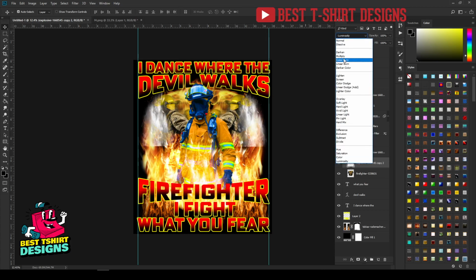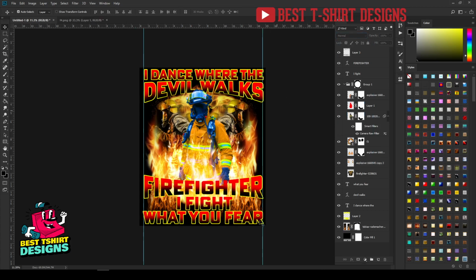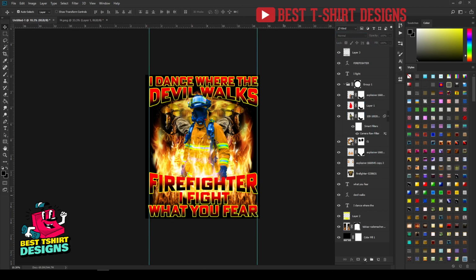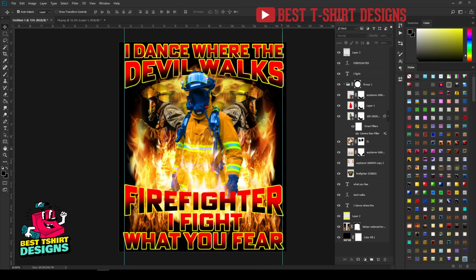Just don't worry, you can simply go with one darker option because I want to hide the dark pixel. So that is fine. Now I don't need to do anything else here. So this is how it is looking in my main design with this firefighter theme. Here you can of course add some more elements, like some other firefighter elements, something else, whatever you want, but this is the main design.